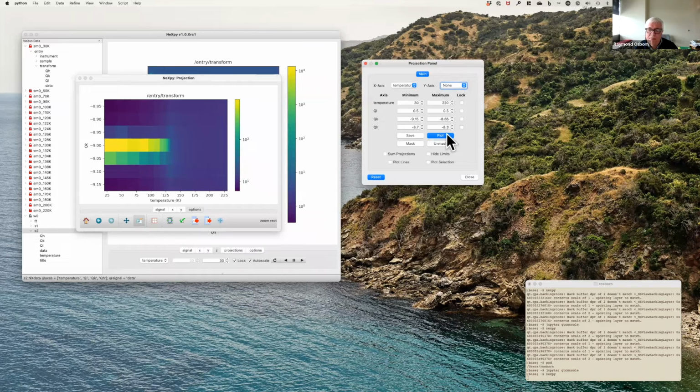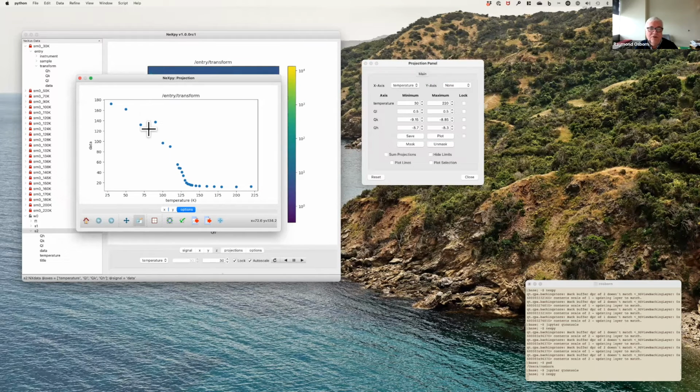Okay, there we go. And so this is exactly how the temperature dependence of that, taken from all of these different data sets, produces a reasonable idea of what the critical temperature is, what the temperature dependence of that peak is, et cetera, et cetera. Okay, so I think that's probably